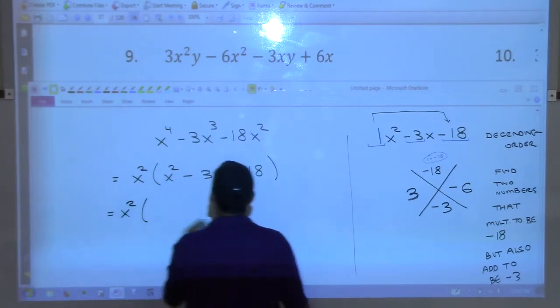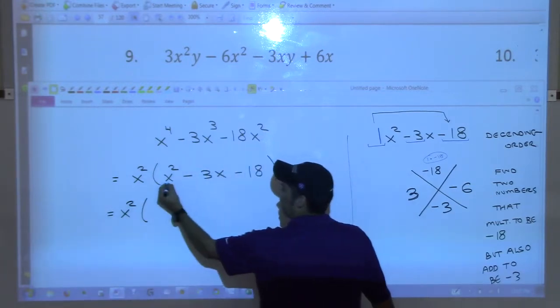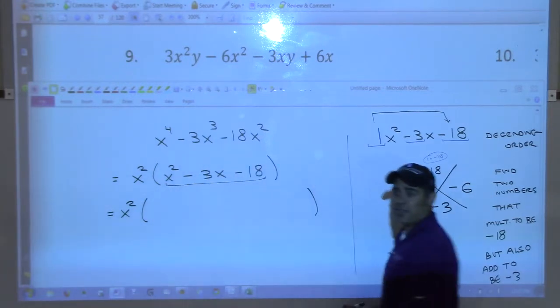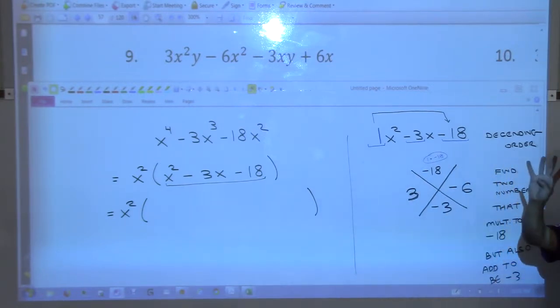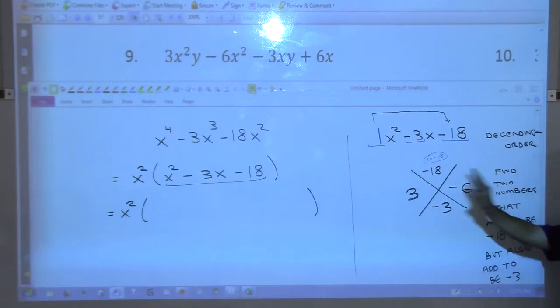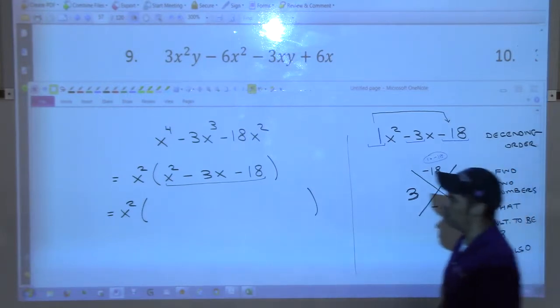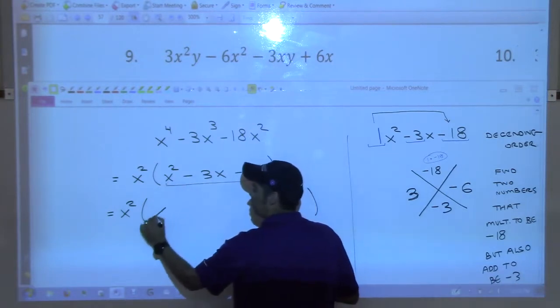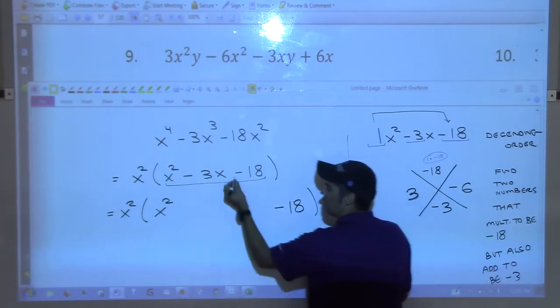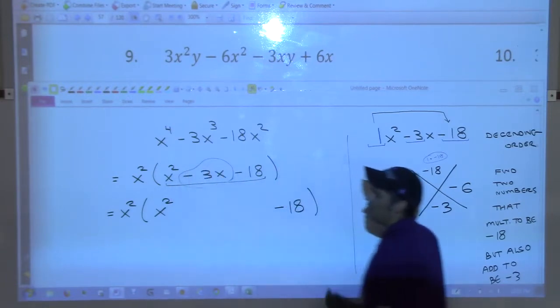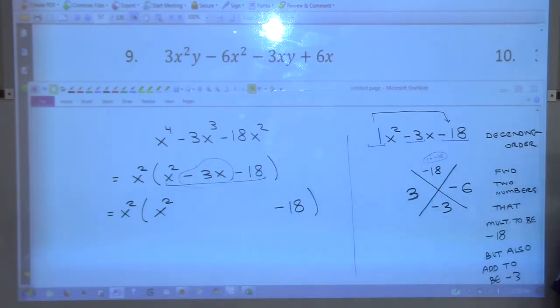Now check this out. This thing that was 3 terms, right? It was 3 terms. We know how to do 4 terms, don't we? That's 3 terms. We're going to make it 4 terms now. So watch how I make it 4 terms. I'm not going to touch the x squared. I'm not going to touch the -18. The only thing I'm going to adjust is this piece right there. That -3x, I'm going to change it using these two